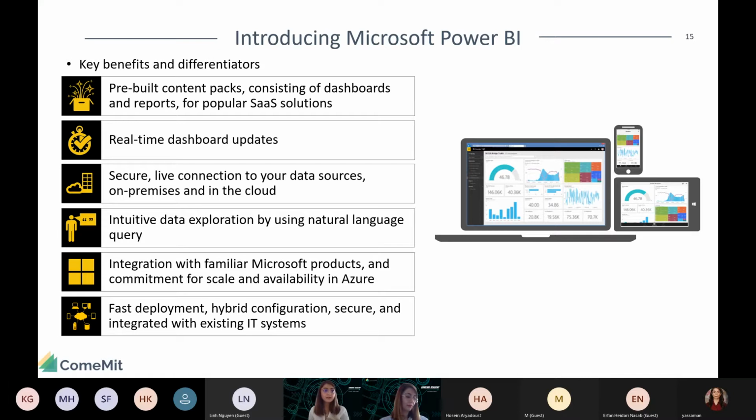You have this Active Directory thing in Azure or in your Office 360, and then the configuration is still the same for Power BI, etc. So it makes your life much easier when it combines with famous Microsoft products.